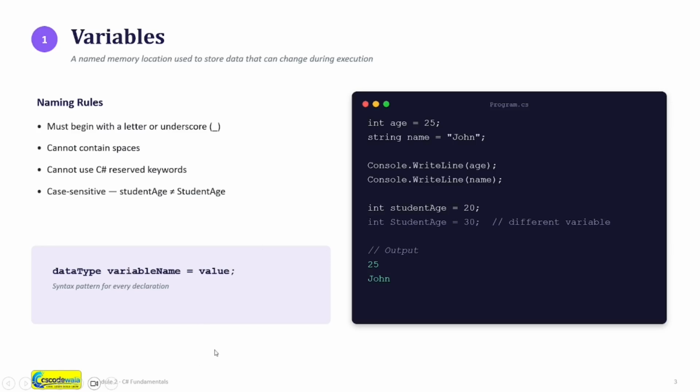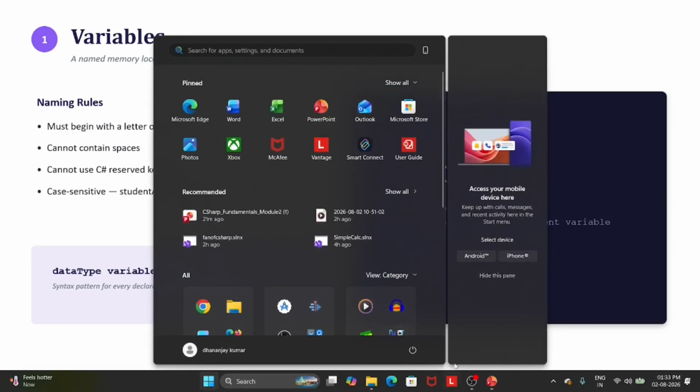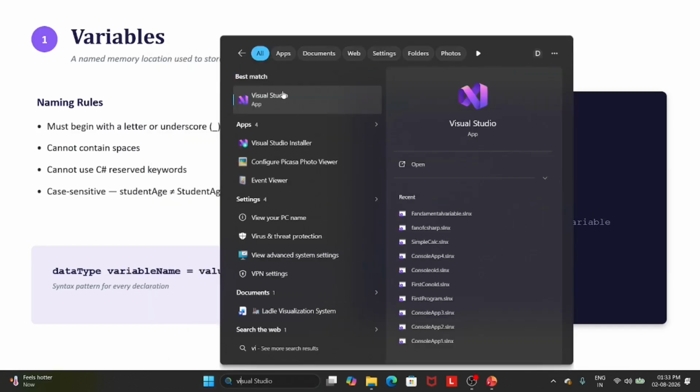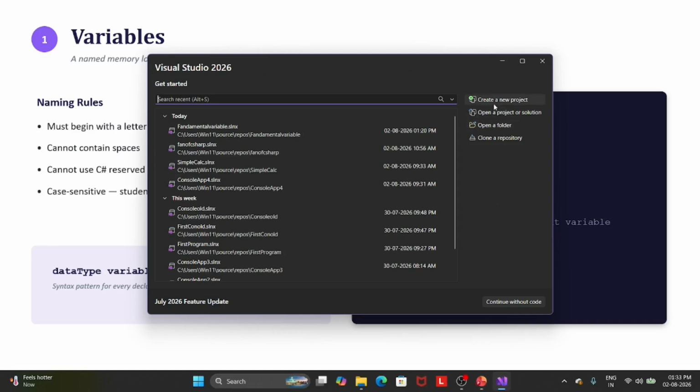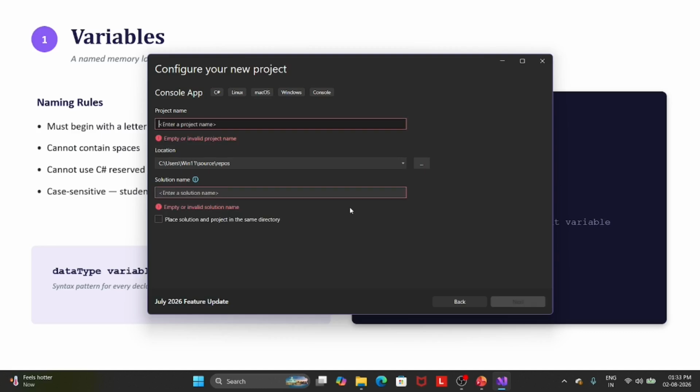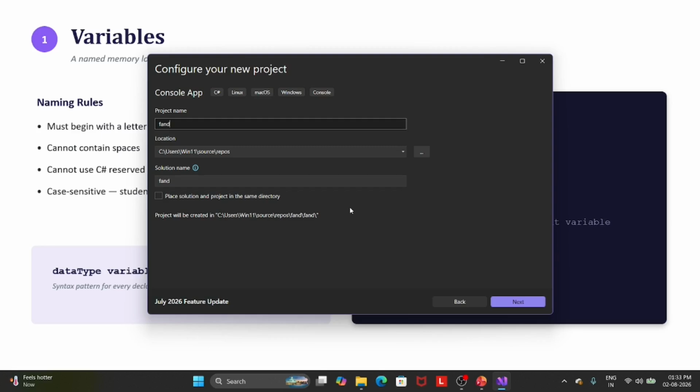So we start Visual Studio. Let's see what happens. Here we create a new project, console application. Next, fundamental variable example.